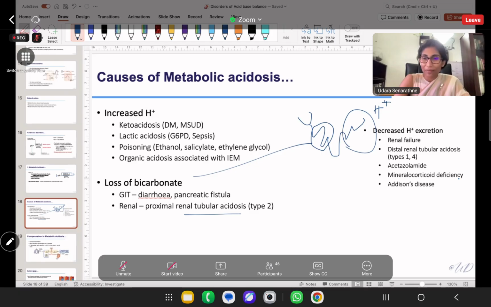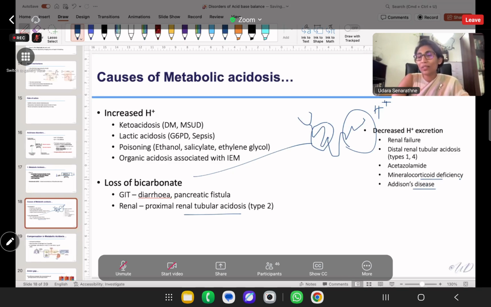One is renal failure, and you can have distal renal tubular acidosis. That is what I just said. And then other poisonings, or actually drugs that will prevent or inhibit acid excretion. And funnily enough,